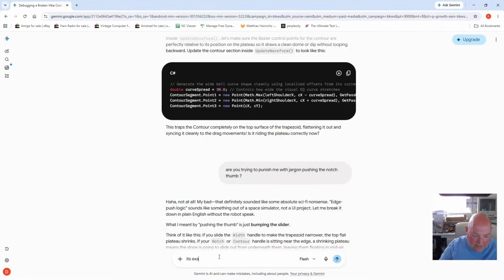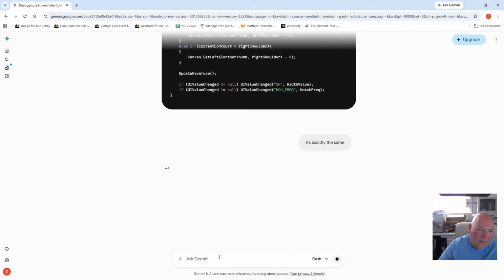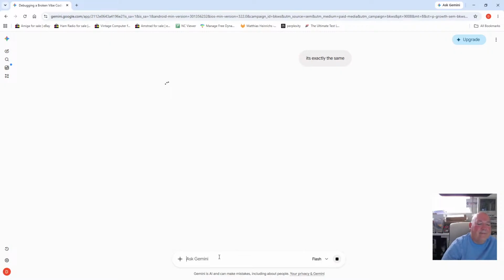It's exactly the same. After all that, the drag issue, segment order, sequencing plateau path,